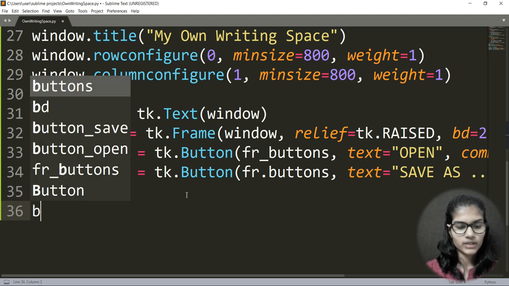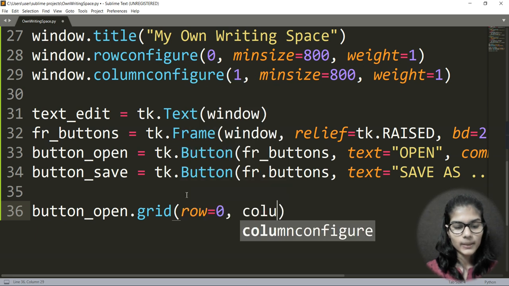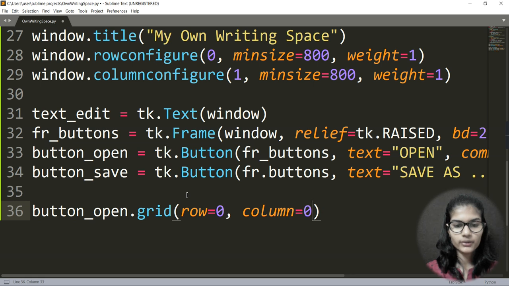Now here I would go down and use my button_open for a while, and give the dimension, that is, at what position I want this button. So button_open.grid, I would put a bracket, and write row should be 0, column should be 0, and sticky is one more parameter.